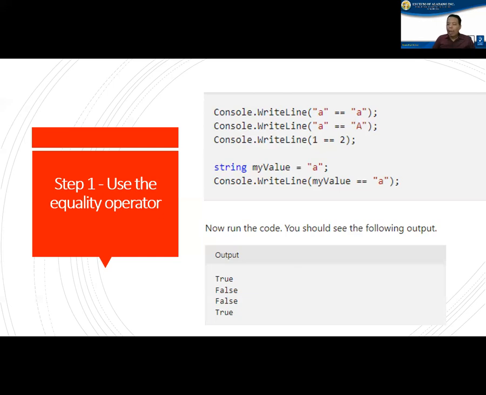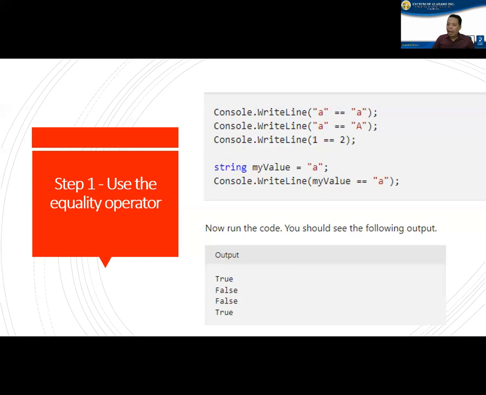Now, when we are going to run the code, definitely we will be able to see the following output. The first statement will definitely show us a console.WriteLine lowercase a is equals to lowercase a. Definitely the output is true. They are the same. On the second statement,